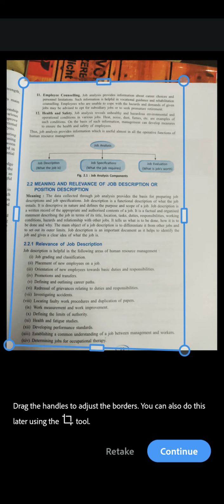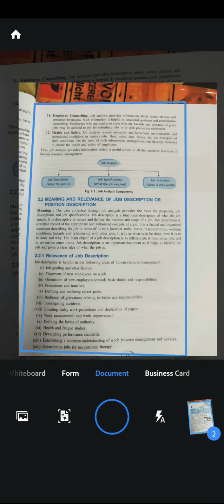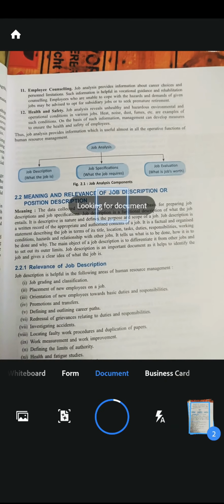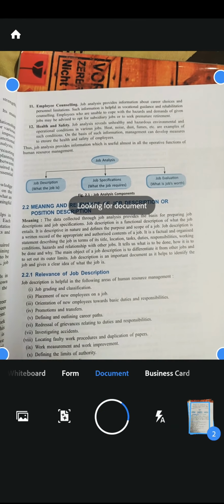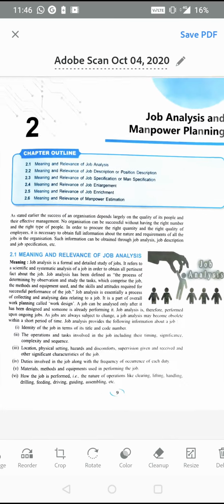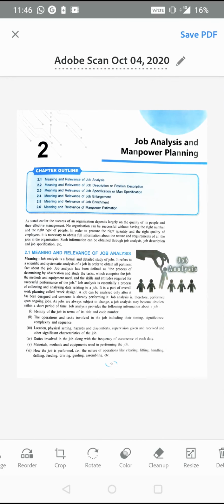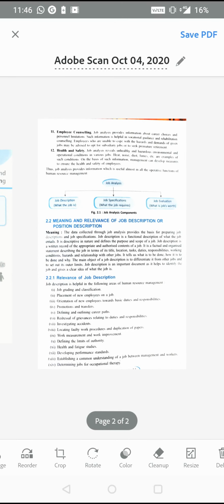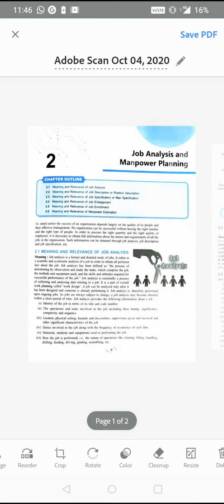That done, I'm going to click on continue and then click on the gallery here. So the gallery view will take me to the PDF that I have just created. Now, if you see, this PDF is very bright, it's more legible, and it has both the pages scanned as the same PDF. Both the pages are included in the same PDF.